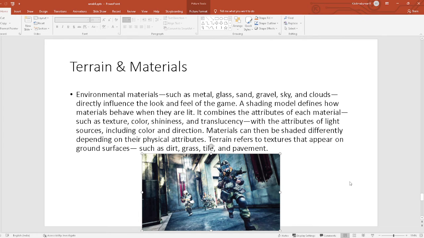What is the sky going to have? Whether the sky is going to have clouds? Is it going to rain? What type of sand is it going to have? Glass: is it going to have a reflective image, or is it not going to have any reflection? What type of metal are we going to have? What kind of texture is that metal going to have? All these things play a very important role when it comes to the game environment, the terrain and the